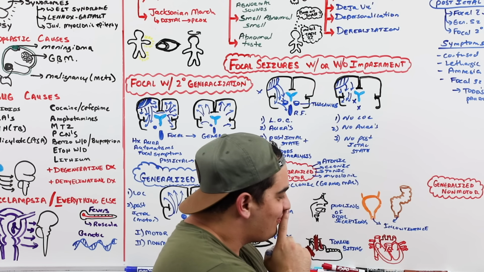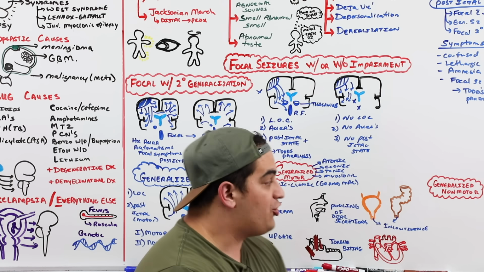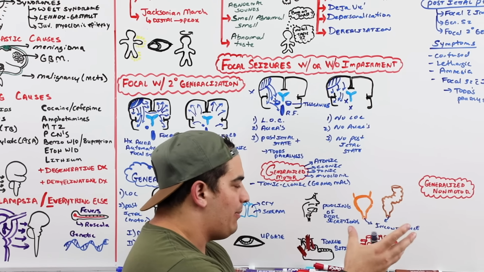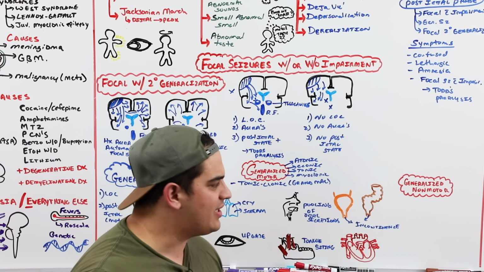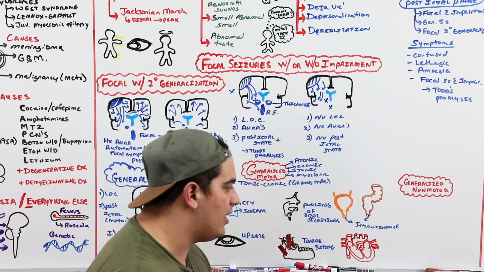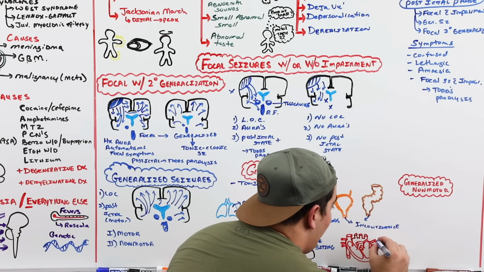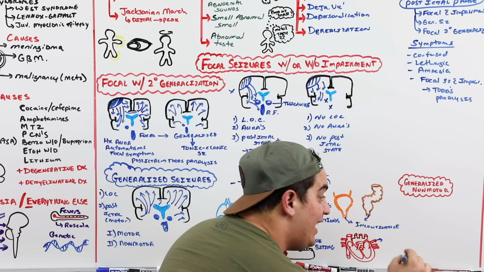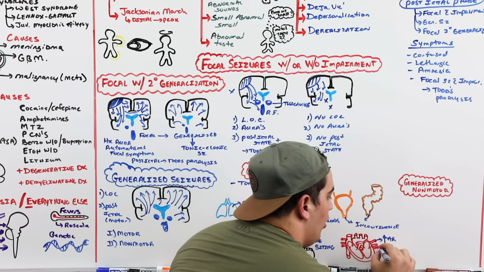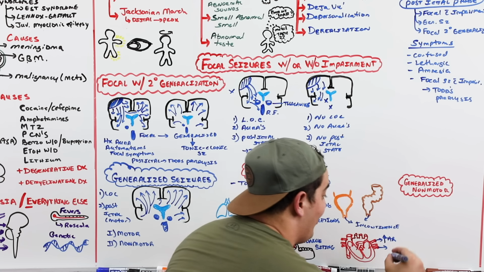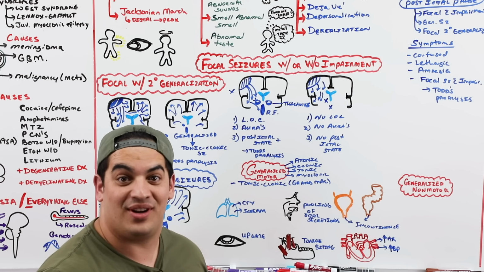What else? There's also autonomic involvement. So a generalized motor seizure, we're seeing a lot of the somatic type of involvement here, but you also get the autonomic involvement. This can even exacerbate the incontinence as well, but it can also increase the activity of your heart. So it can increase the beating activity or the action potentials throughout the heart, leading to an increased heart rate, or increasing the contractility of the heart, leading to an increase in blood pressure. So it can also lead to hypertension and tachycardia.